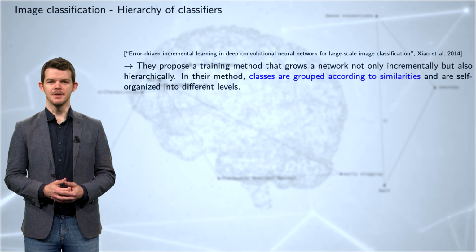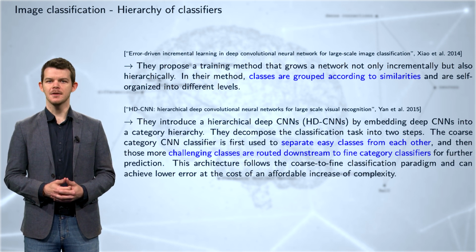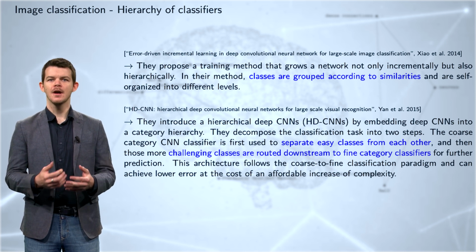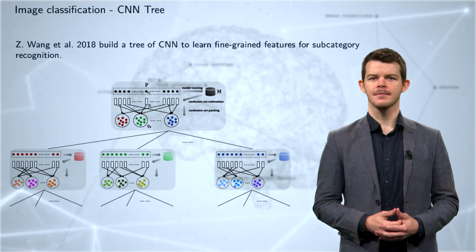Following the same idea, the second paper introduces a method called deep CNNs by embedding deep CNNs into a category hierarchy. As before, the aim is to separate the classes that are very different from each other and then focus on the more complicated task of separating the classes that are close to each other. In this paper of 2018, the author follows the same ideas and builds a CNN to learn fine-grained features for